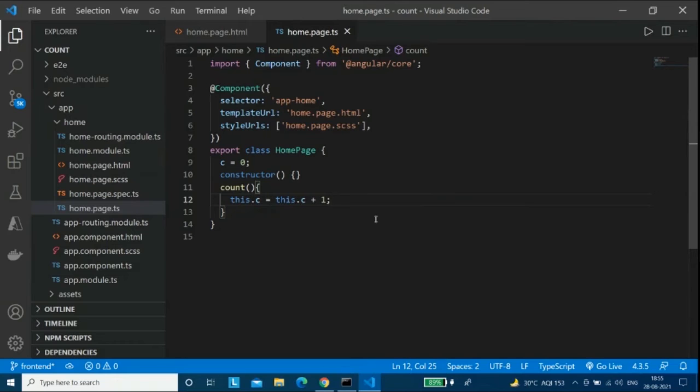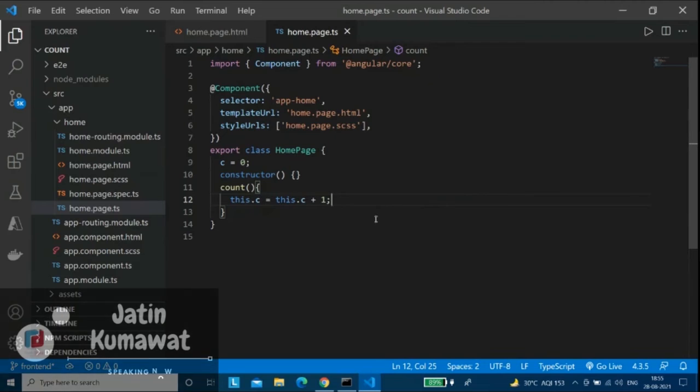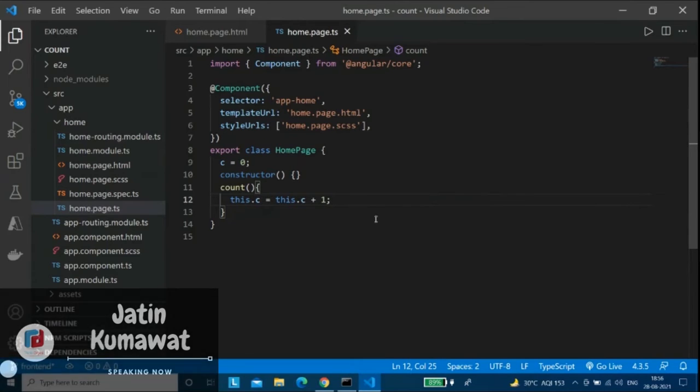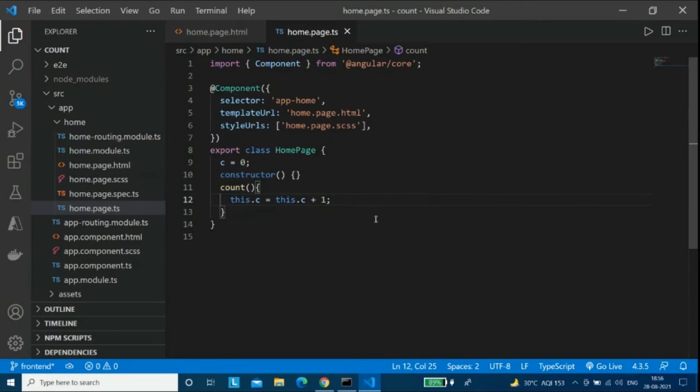Just a second, Hardik. As you can see, there is some code already written in home.page. Don't delete any of this code accidentally or by any chance. This import and component, everything is pre-written by Ionic for a reason. We'll get to that later, but don't delete any of that. Just write your count function, your variables, add your code, but don't delete any existing code.